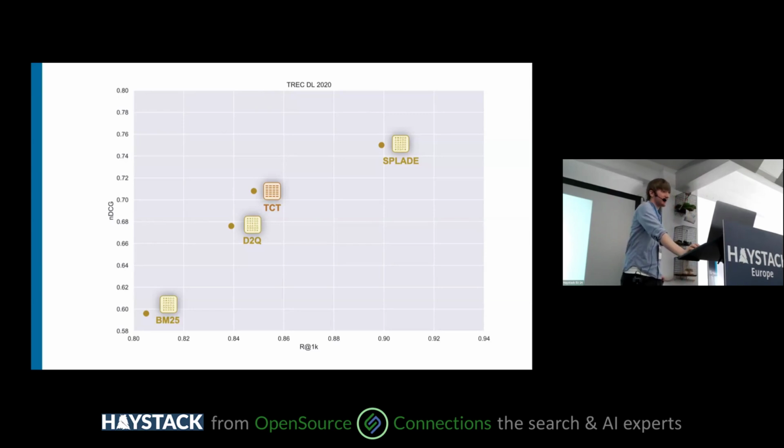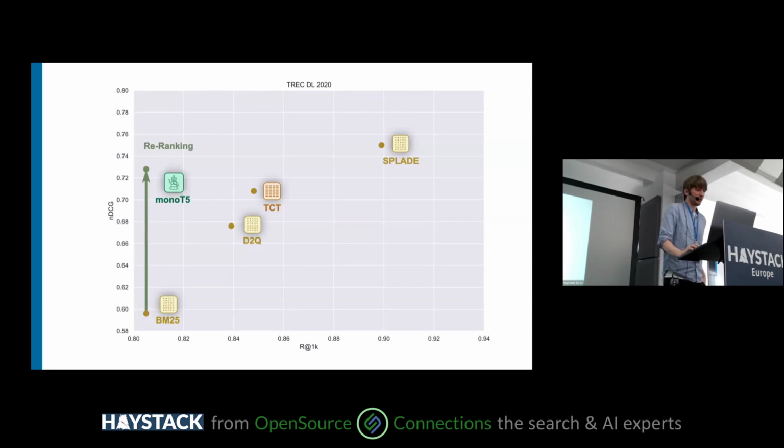Now, putting a re-ranker on top of this, right? Let's try re-ranking our lexical search results, our BM25 search results, using a re-ranking model. Here we're using MonoT5, but we tested this across a whole bunch of different ones. And as you would expect, when doing just regular re-ranking, it improves the overall search result quality a ton, right? NDCG improves substantially, right? From what, 0.6 to 0.73, right? That's a pretty big jump. You're getting a lot more of the best results at the top of the list.